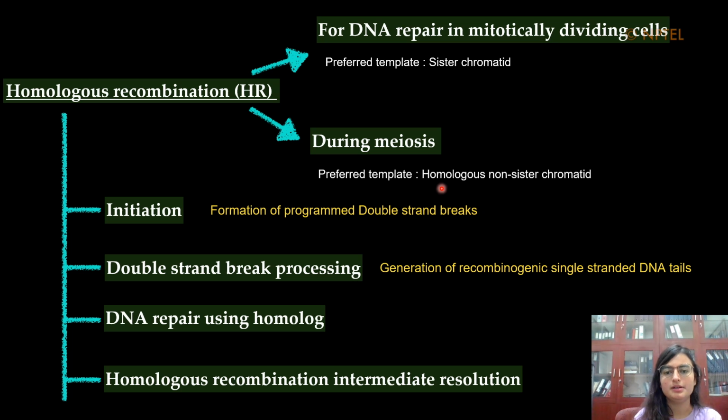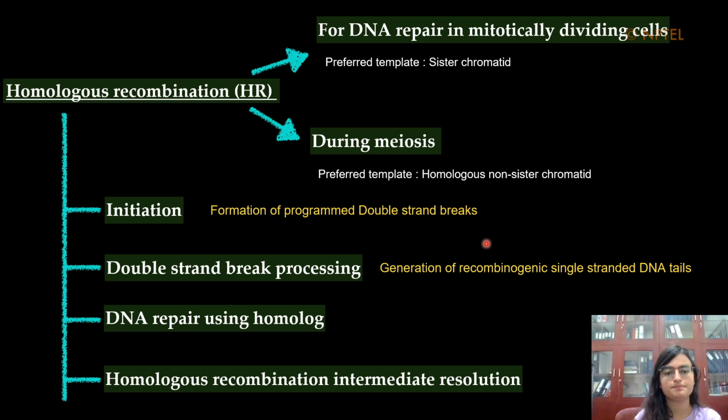Now you would wonder why we are calling them programmed double-strand breaks. We are calling them programmed because this is one of the very few cases where the cell itself is inducing DNA damage in the form of double-strand breaks. And now you would wonder that if there are a certain number of DNA double-strand breaks in the cell, maybe it will be deleterious to the cells. And you're right, which is why the number of DNA double-strand breaks during meiosis is highly regulated, as we will see soon.